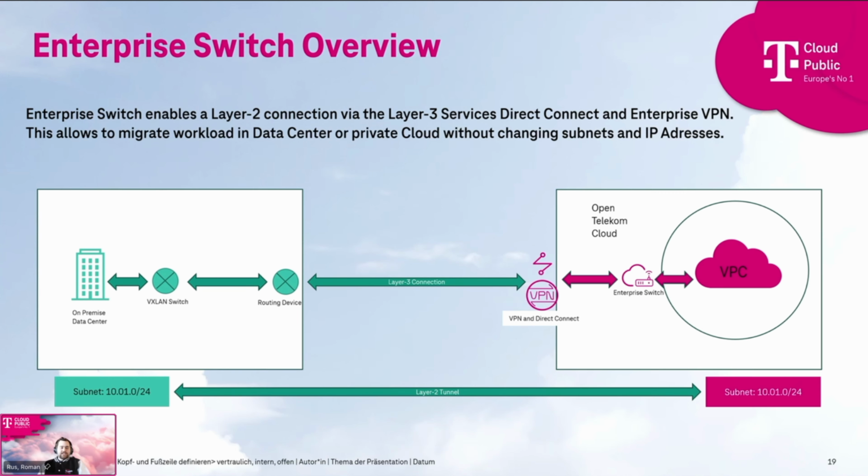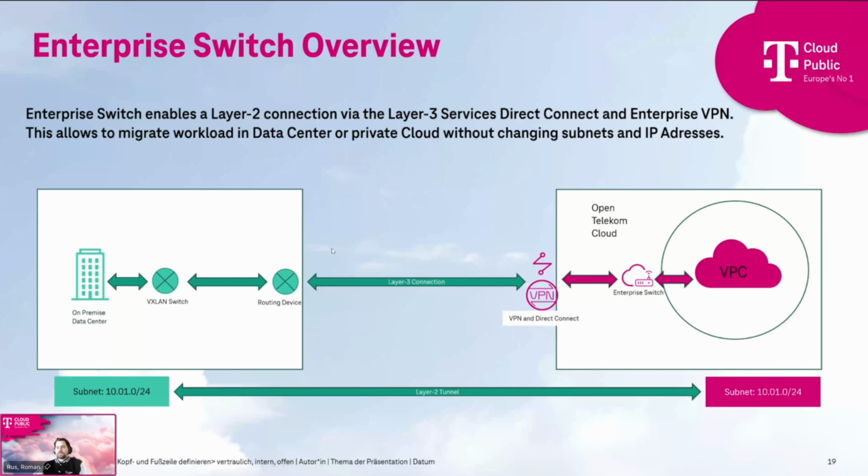This allows you to migrate your workloads more easily than before from your on-premise data center to the T-Cloud public, because you can migrate your workloads without changing subnets or the IP addresses. So you can see here the quite normal setup